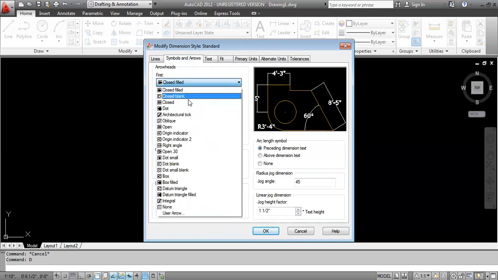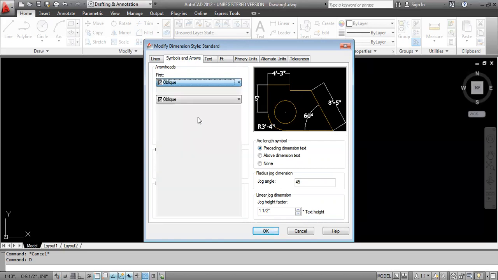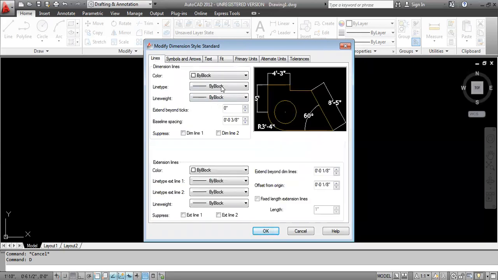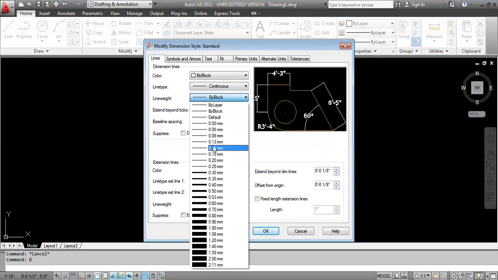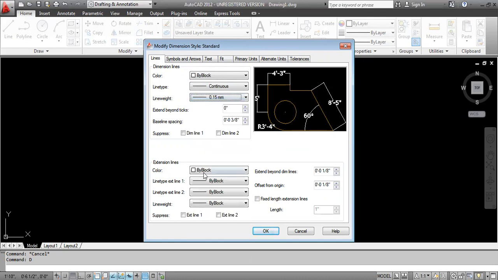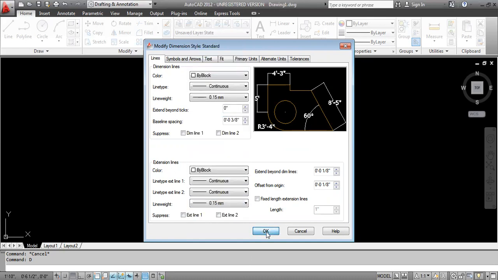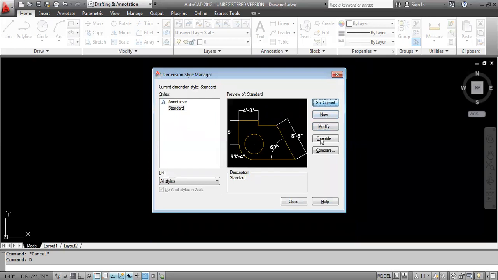In symbols and arrows, again you have to select oblique here. Then in lines, continuous line. Here if you want to give any kind of width, you can give. Same thing here also. Set current, close.